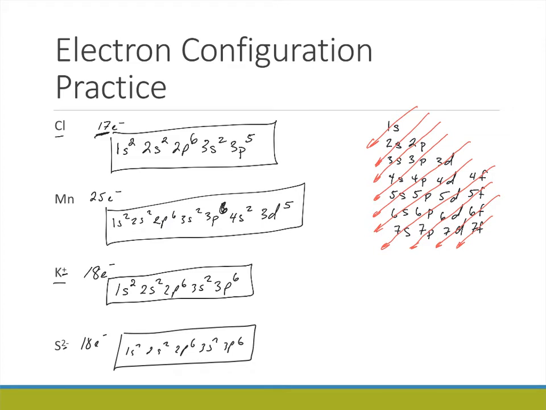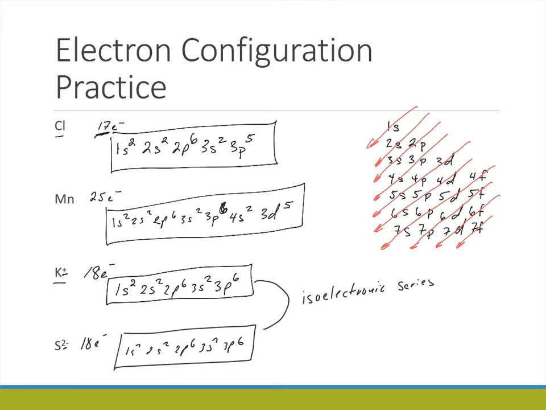1s2, 2s2, 2p6, 3s2, 3p6. If two things have the same electron configuration, we call this isoelectronic. Iso means the same, so electronic: isoelectronic with each other. They have the same electron configuration. If we have a series of these, we can write what we call the isoelectronic